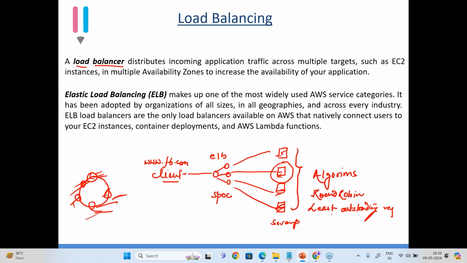So we use another algorithm called least outstanding request, which sees which server has the least outstanding requests to be processed, and new requests go to that server. Like this, we have many algorithms. So this is what load balancing is. In a nutshell, I have tried my level best to explain what load balancing is.